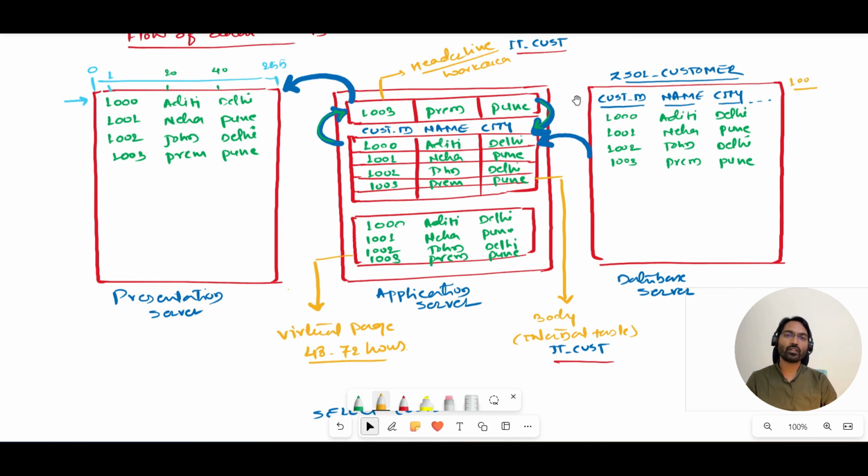In the same way, if you go with the internal table, what is it doing? In one go, it is picking all the 10 records to the application. And from there, through the work area, it is moving to the presentation. So our main focus is what? To avoid the load on the database as much as possible. This is one of the